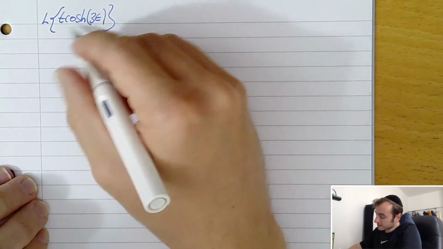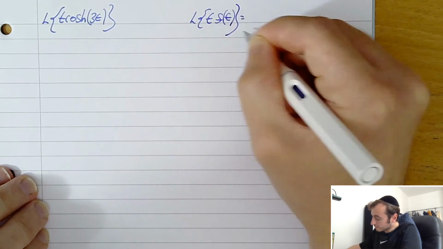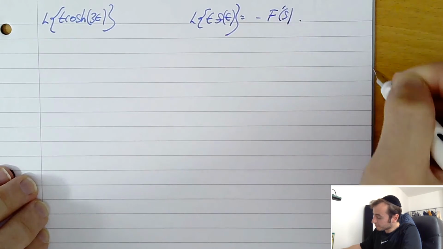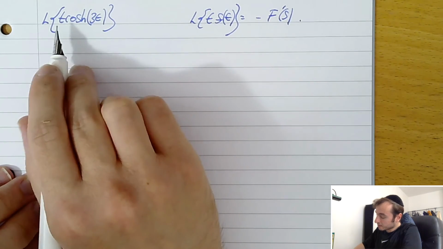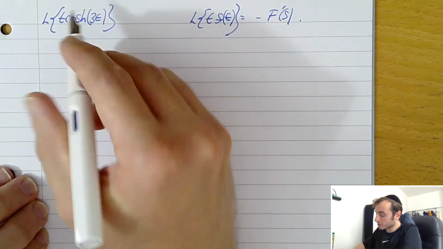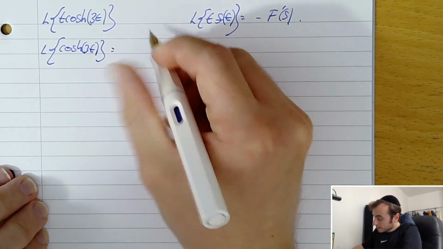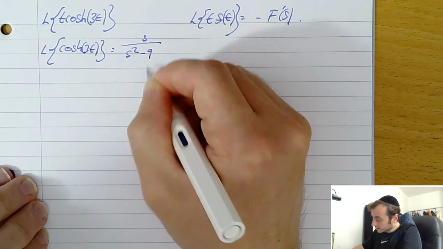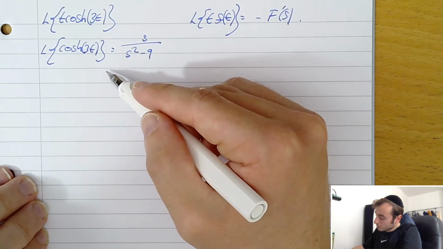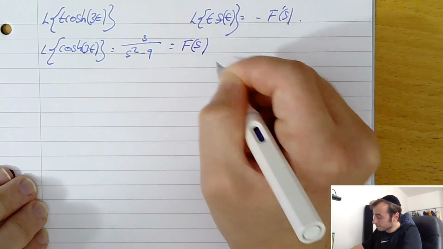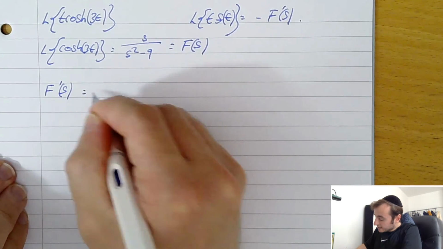So when we've got t times the function, we can say that the Laplace transform of t f of t equals minus f prime s. So let's find f of s, the Laplace transform of the original function, which is cosh 3t. So we can say that the Laplace transform of cosh 3t equals s on s squared minus 9. I think that's right, yeah. And then this is going to be equal to f of s. So f prime s, the first derivative of this with respect to s, is going to be equal to